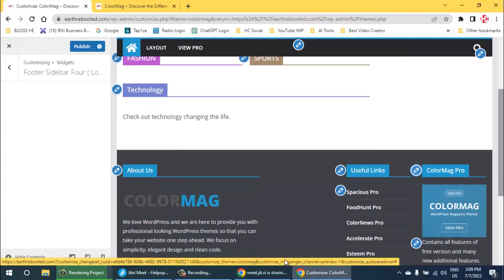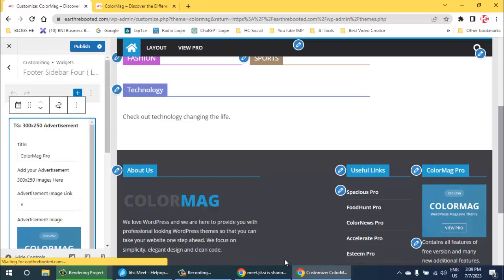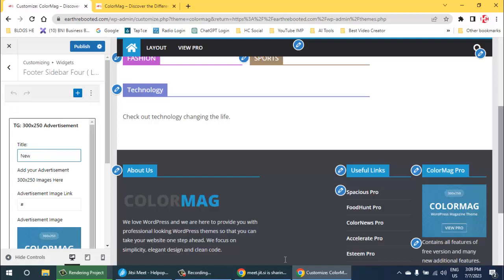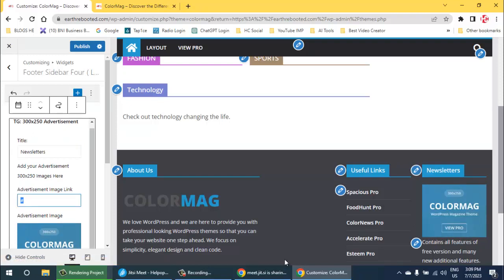So this is in the footer section. So over here I can say that I want to remove this. So this is the title color mag pro. If you want to keep the title, then you can keep the title, and you can write something else over here. Maybe in the last column you will be having newsletter options. So I will say newsletters. So it will come newsletters over here, and then over here advertising image link, I will remove this, and